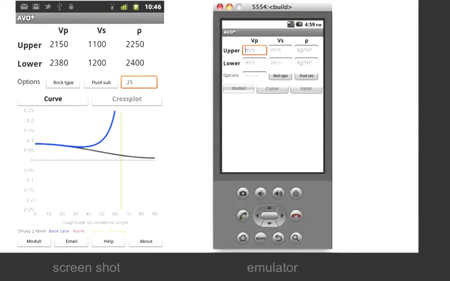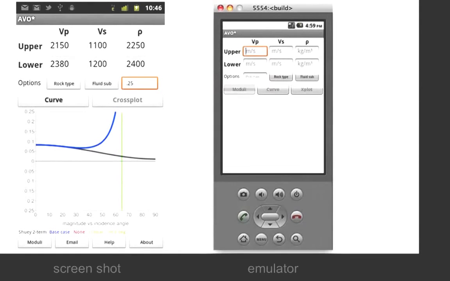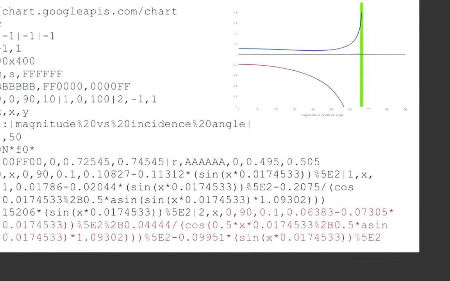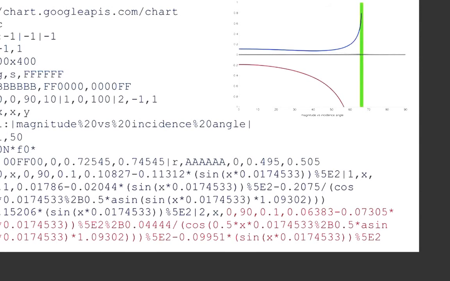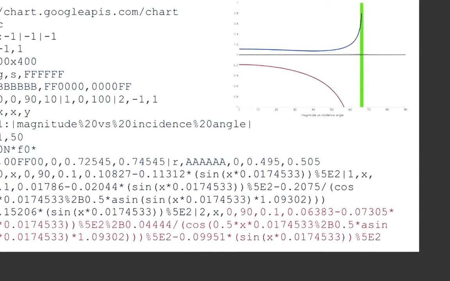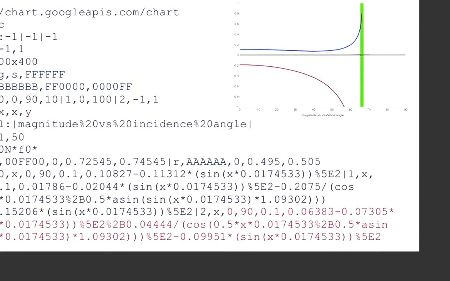We didn't know how to do that, and it turned out that we actually didn't need to do it because Google have this API, or application programming interface, for drawing graphs. So actually all we had to do was build this pretty horrific looking URL, which basically just contains a lot of parameters for the graph we want, axes, colors and so forth, and actually includes the functions that we want to plot, in this case the Shuey equation and Aki-Richards equations,